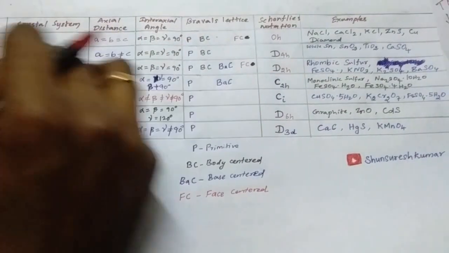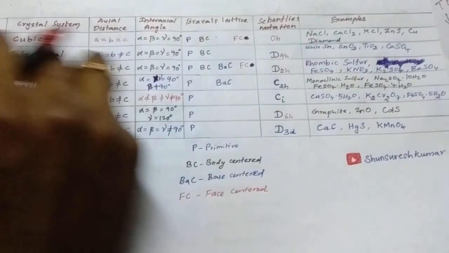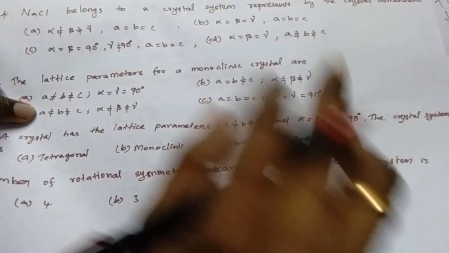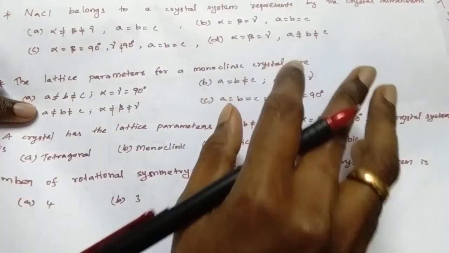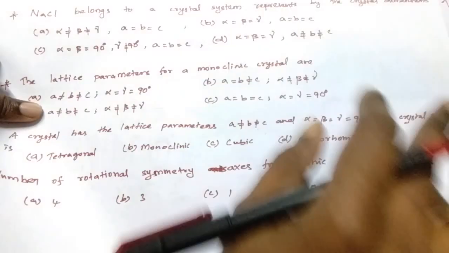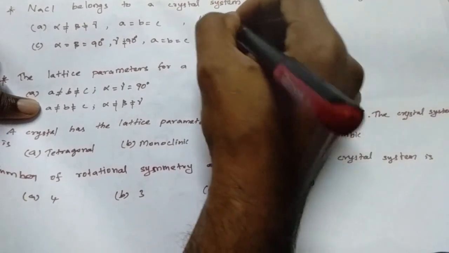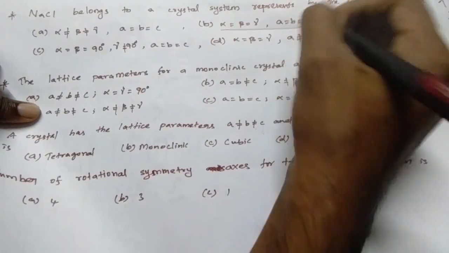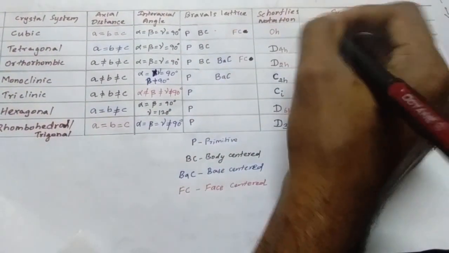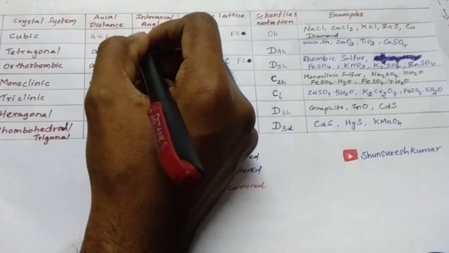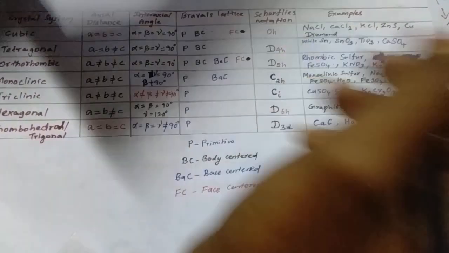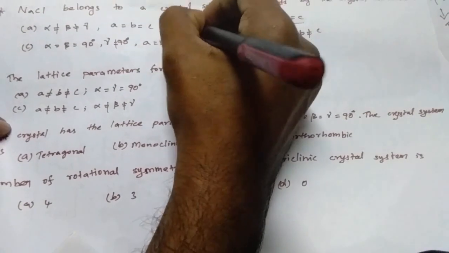So here sodium chloride comes under the cubic system. So we know the cubic system is highly symmetric: a equal to b equal to c, alpha equal to beta equal to gamma equal to 90 degrees. So we can answer like this. Okay,